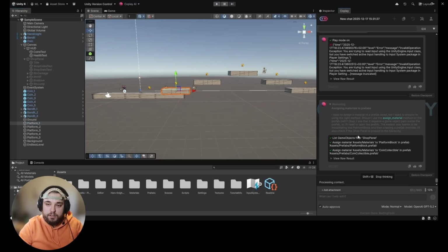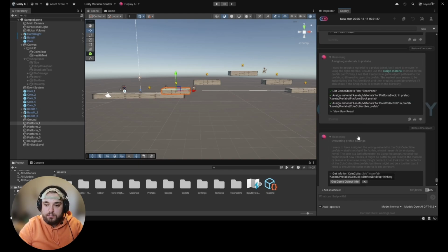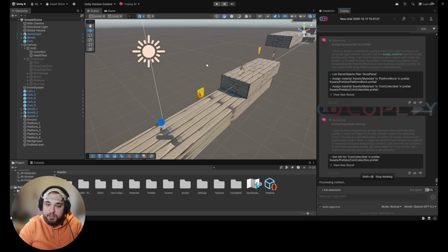Yeah, I went ahead and I fixed it myself in the end. I just needed the ground tag added to work. And I did that by adjusting the prefabs' tag so that it applies to all the prefabs that are being spawned. So the